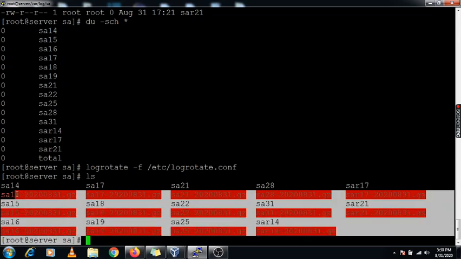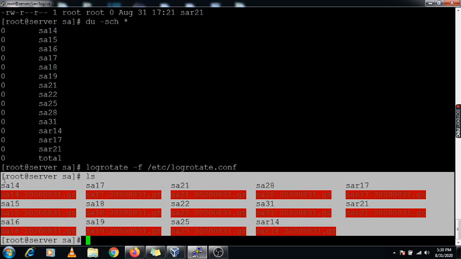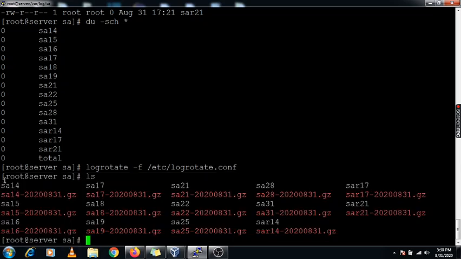So you can do this logrotate demonstration, or you can implement this logrotate in your environment to avoid this work on a daily basis, and it is very useful. You can mention any log files related to any applications that mostly consume space and which are created on a daily basis. To avoid it, you can use this logrotate concept.